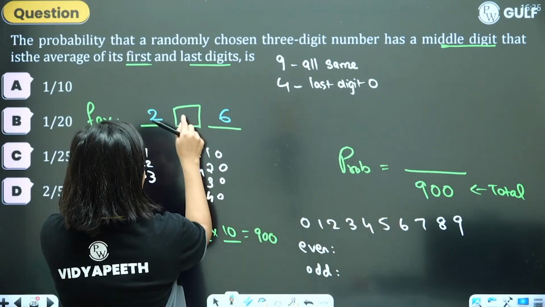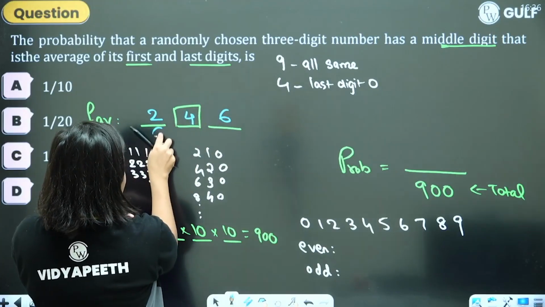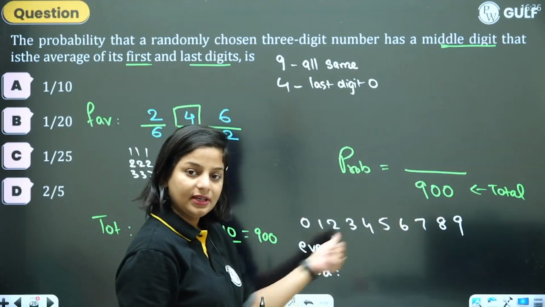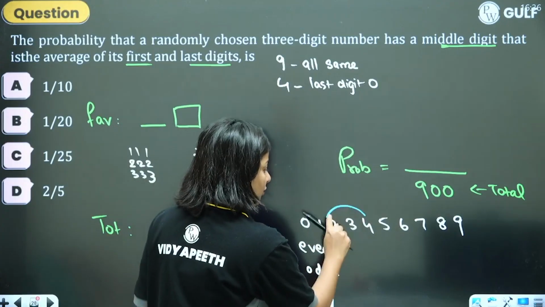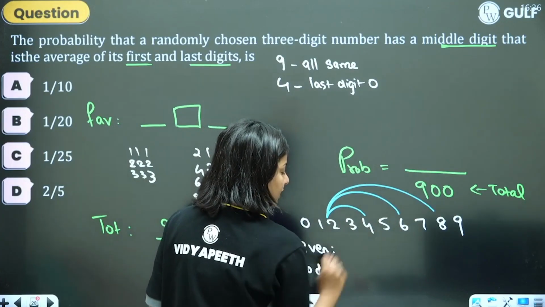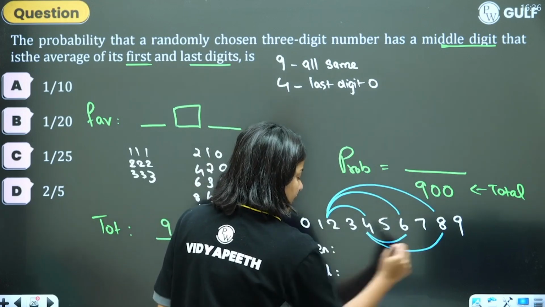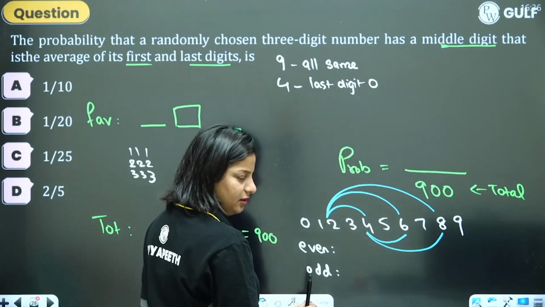The average will be 2 plus 6, 8 divided by 2, 4. The numbers can also interchange, 6 here, 2 there. So if this way, its reverse is also possible. So you can count 2, 4, 2, 6, 2, 8 and 4, 6, 4, 8 actually. Or you can also do one more method, that is